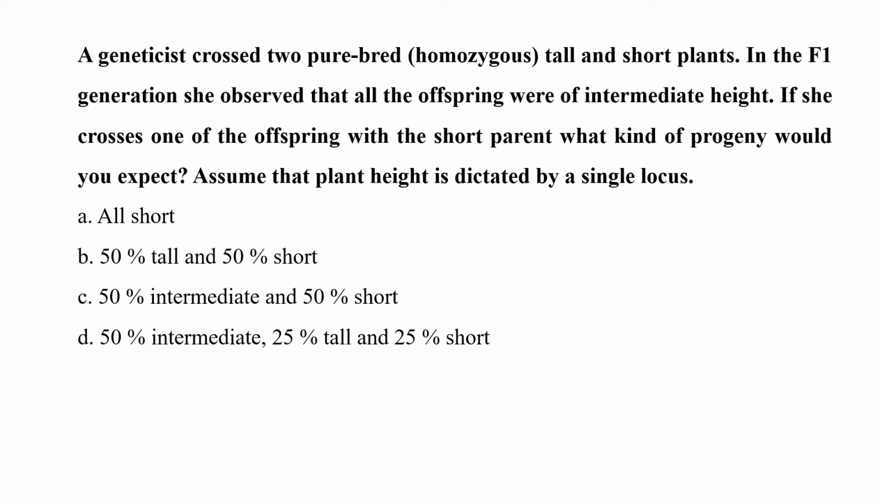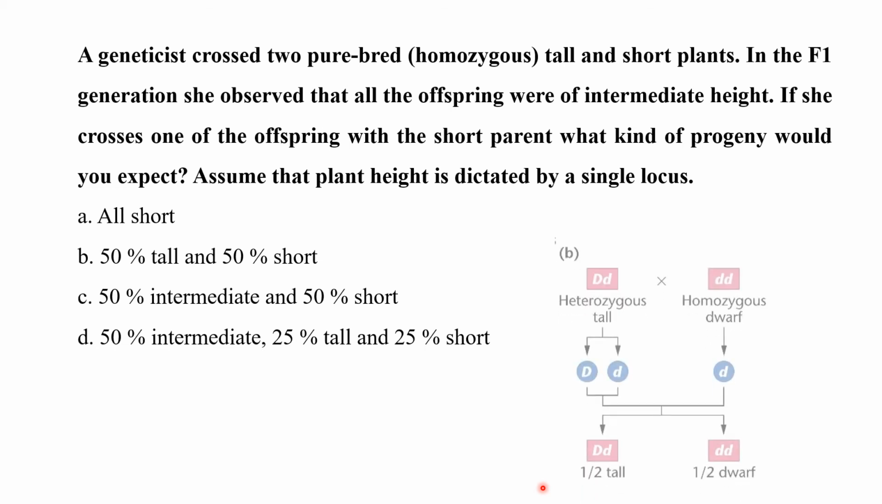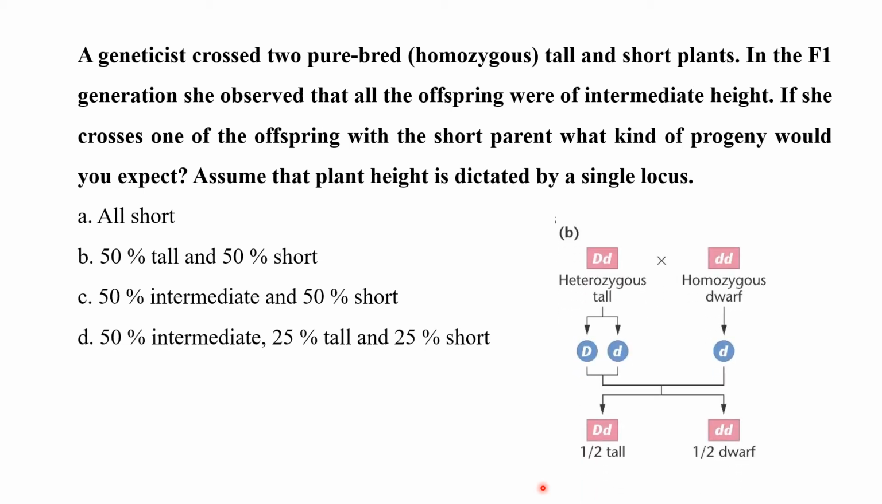A. All short. B. 50% tall and 50% short. C. 50% intermediate and 50% short. Or D. 50% intermediate, 25% tall and 25% short. The parental generation has homozygous characters for height. On crossing these two, we get an F1 generation with 100% intermediate height. That is heterozygous genotype. When this F1 generation with intermediate genotype,